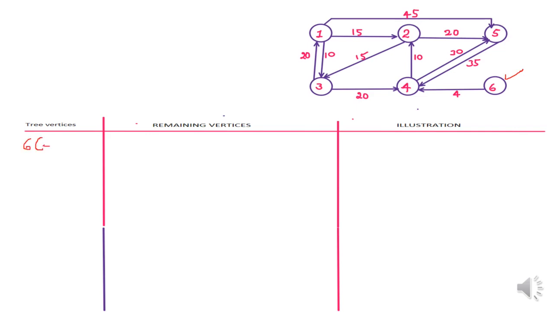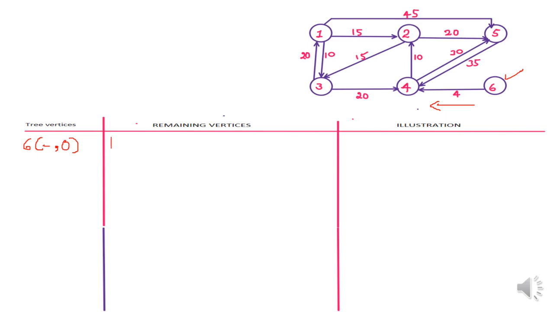So here for the beginning, the penultimate vertex, that is the near vertex, is initially blank and distance is 0. Now what are the remaining vertices? Remaining vertices are 1, 2, 5, 3 and 4. So from 6, you can see you have to always see this side direction, because from 6 to 4 or 2, 3, 1, 5 you're going to find the path. That's why direction has to be in this manner. Okay, 6 is connected to only 4, so there is no edge from 6 to other vertices.